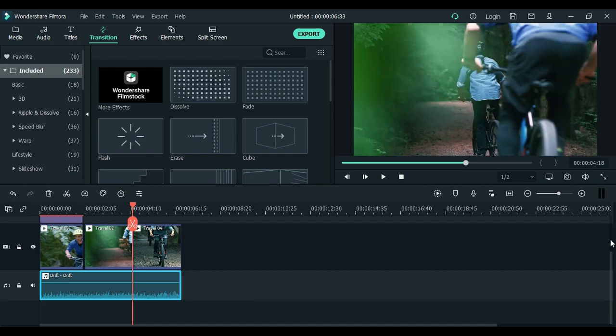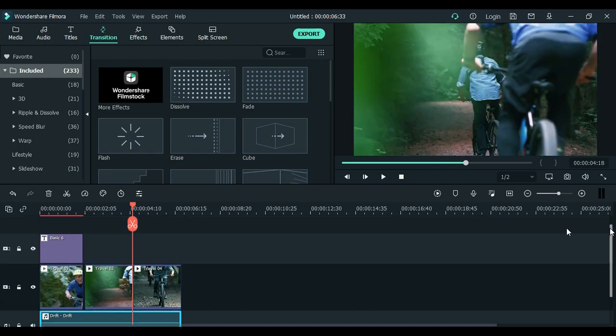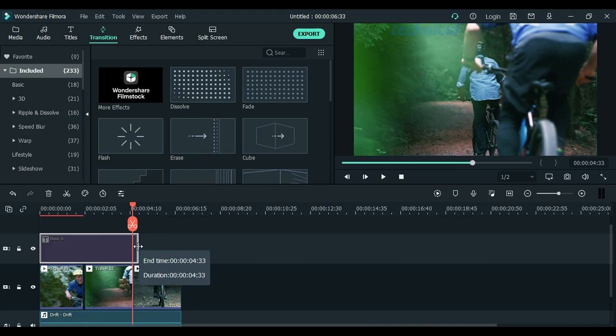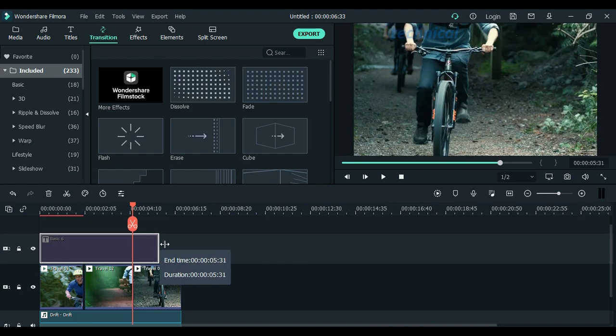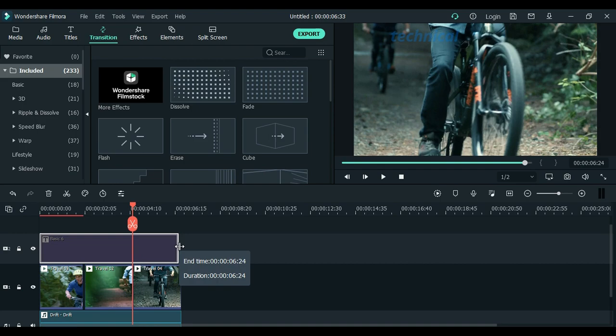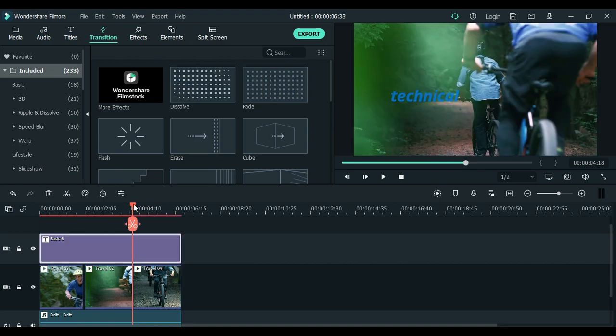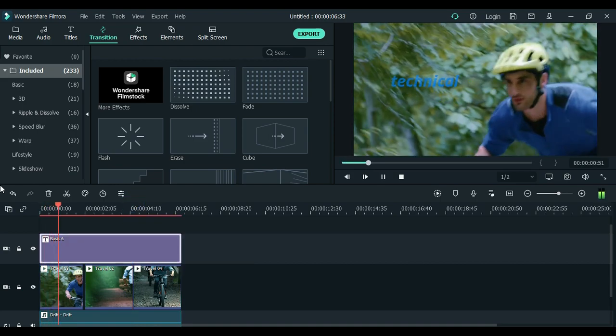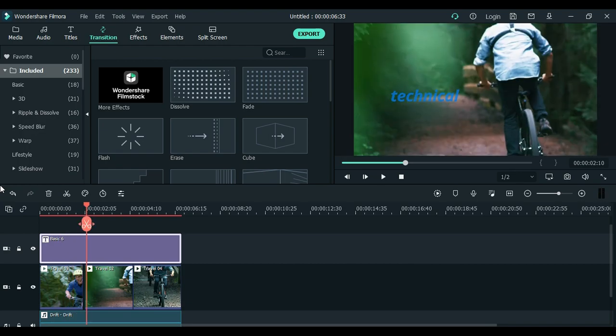Now you can see, but here you can watch the black screen. Here is what we call the transition. Here we can add from the menu of transitions we have. The first one is dissolve. Just drag and drop it here.